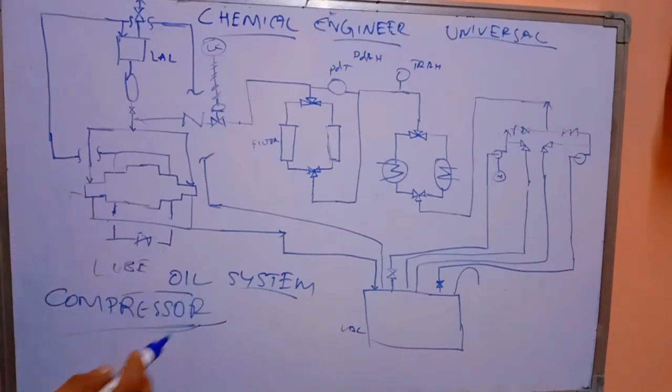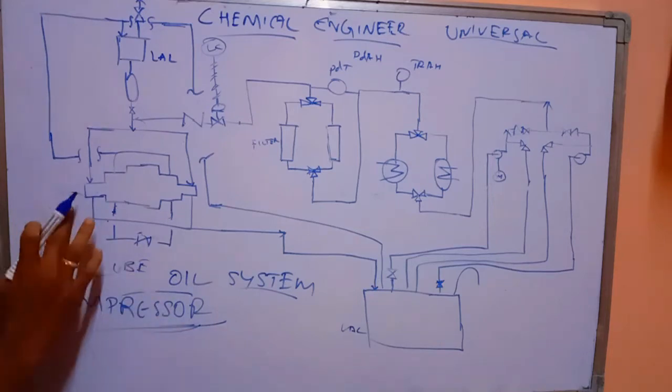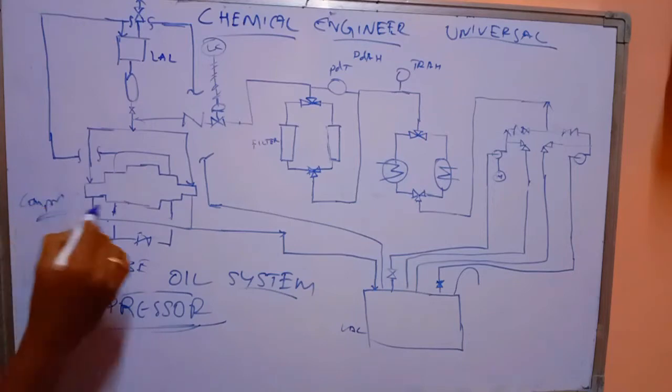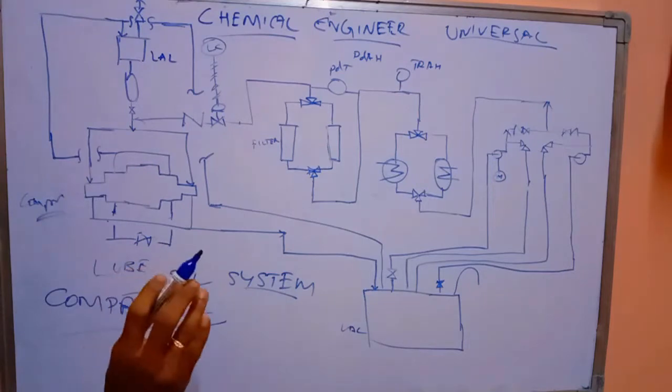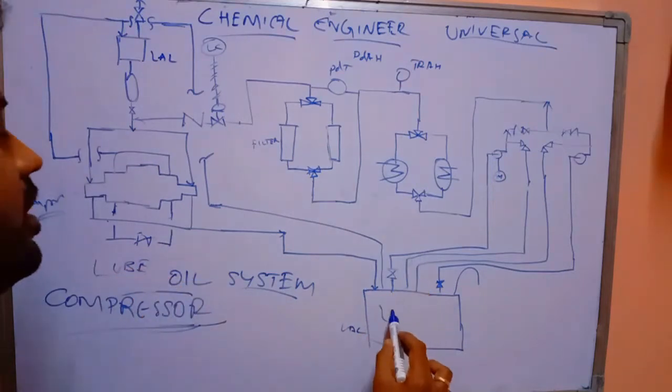We don't want any loss to occur for the compressor or pump, so we have many interlocks for the whole system. Only that way can we protect the compressor. Protection of the asset is the main point here. So, how does the system work? Initially, we have a lube oil tank.